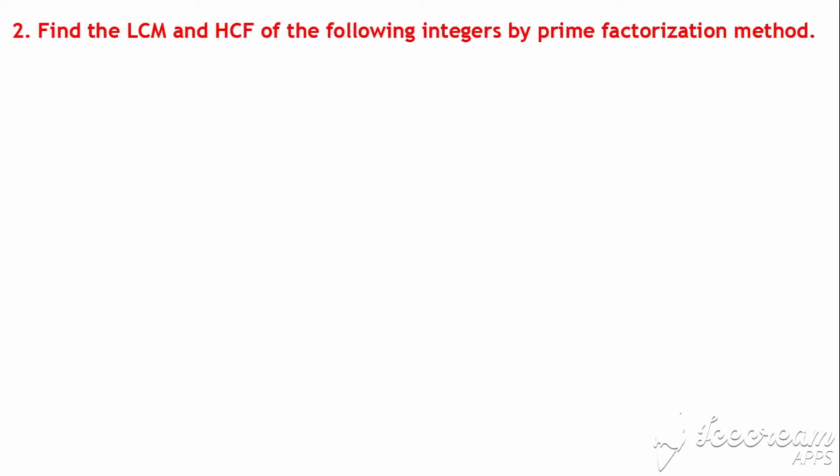In the previous question, you have written the given number as a product of prime factors. Using that, you need to find LCM and HCF using the product of prime factors. So, in order to solve these problems, first you need to know how to find LCM and HCF by using the prime factorization method. Let us discuss now.